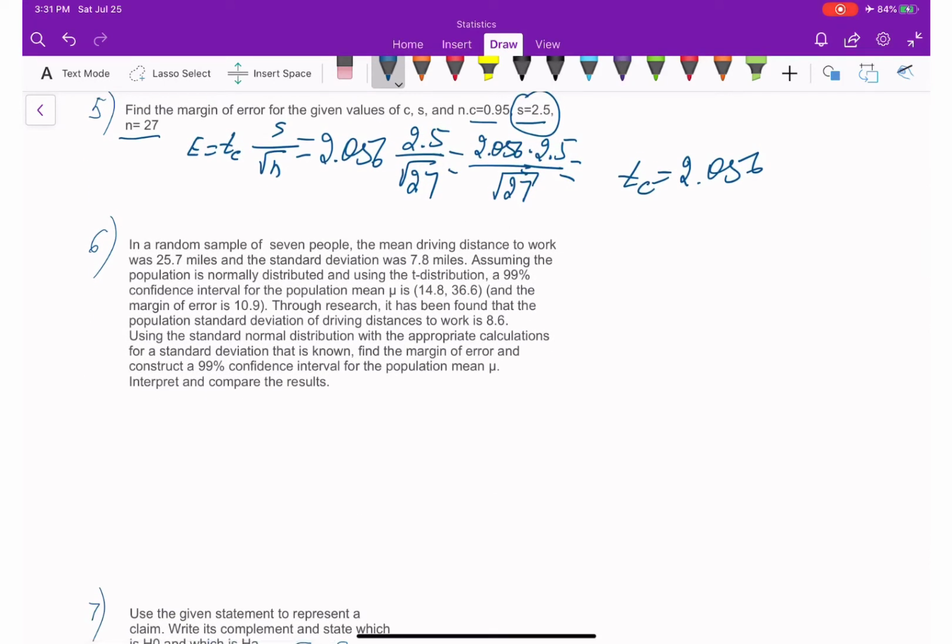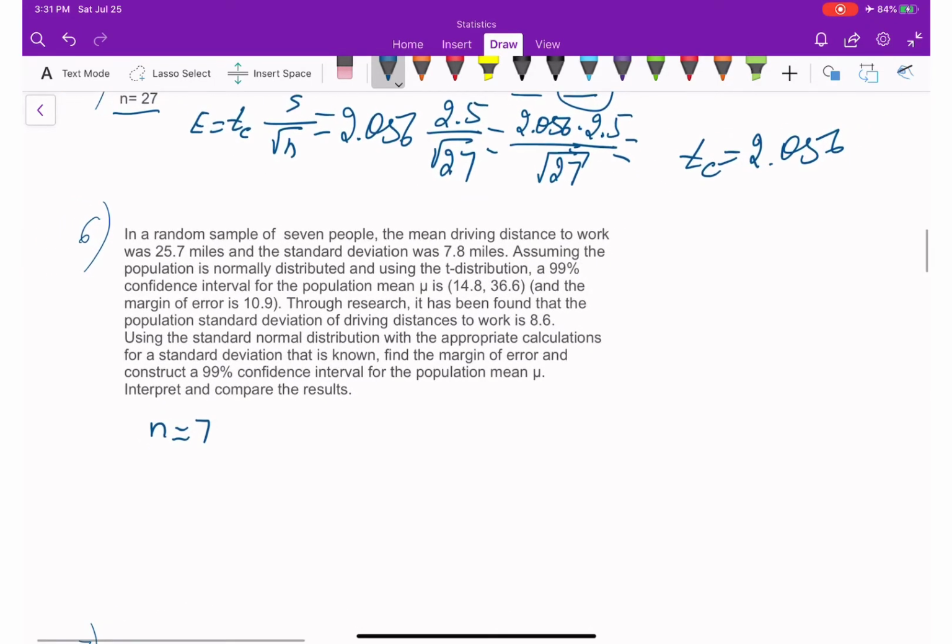In a random sample of 7 people, okay, sample of 7 people, n is equal to 7. The mean driving distance to work was 25.7 miles. So the average, x bar, is 25.7 miles. And standard deviation, because it's a sample, we put S, 7.8 miles. Assuming the population is normally distributed, using t-score table, and not surprised because we are given S and sample size is less than 30,